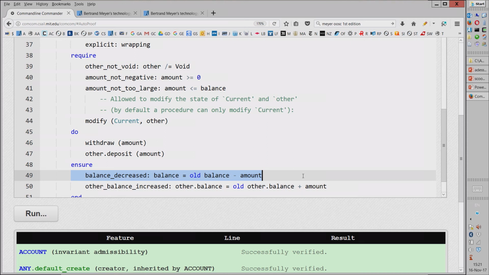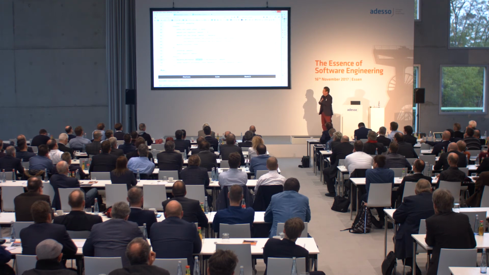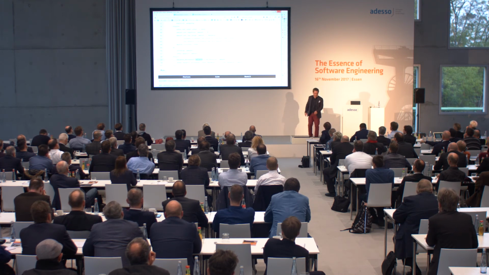Actually, don't tell anyone, but as a cheat sheet, the other postcondition also doesn't verify, but it stops at the first one. It's not a very sophisticated UI. And so the postcondition says balance equals old balance minus amount. And what does the code do? It does what a reasonable, self-respecting transfer operation does. It withdraws from itself, and then it adds the same amount to the other.